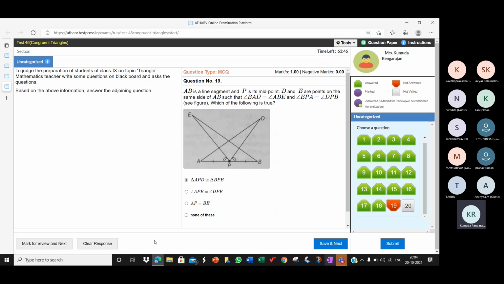Children, list the equalities. Ma'am, AP is equal to BP, as it's given. Ma'am, I took angle APE as angle 1, and angle BPD as angle 2, and angle EPD as angle 3. Very good. Angle 1 plus angle 3 is equal to angle 2 plus angle 3. So I would get angle APD is equal to angle BPE. Very good.